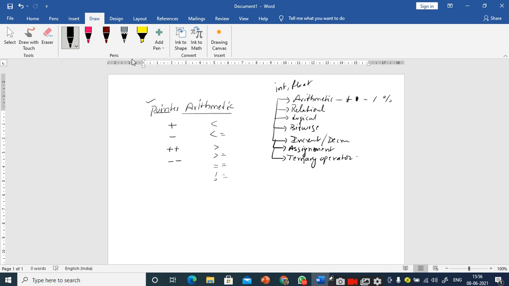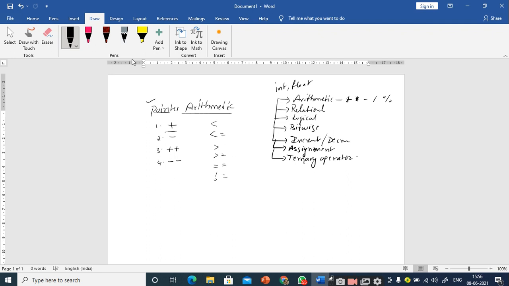These are the only valid operations we can perform on pointers. We will discuss these four operations with one programming example also.